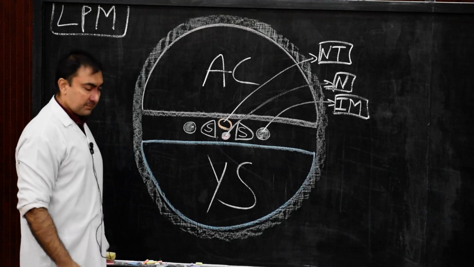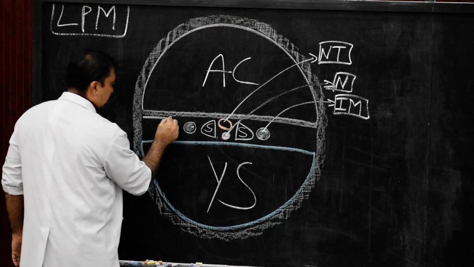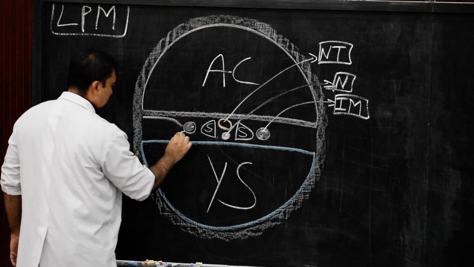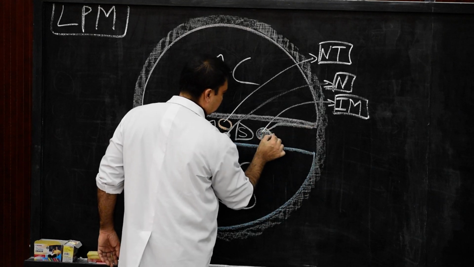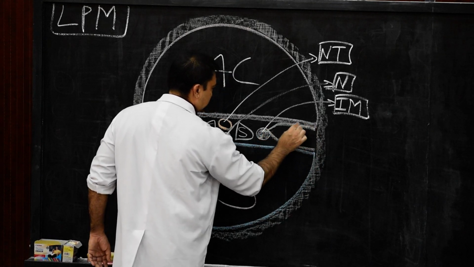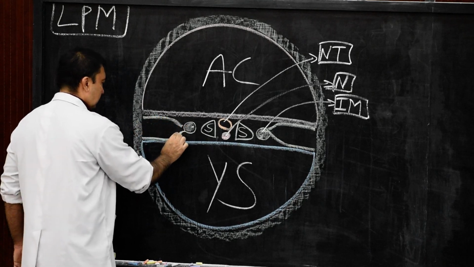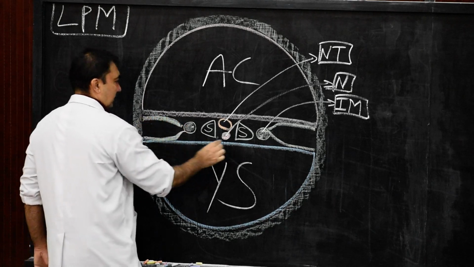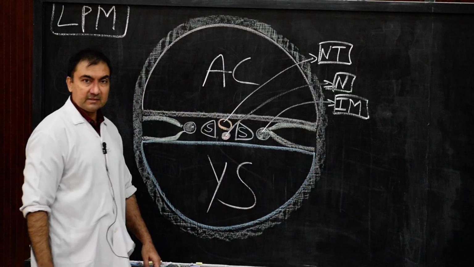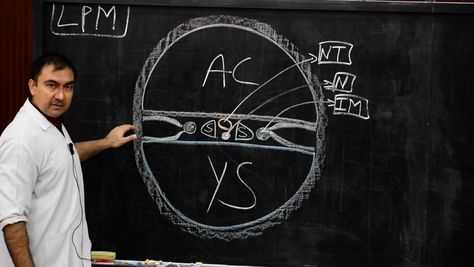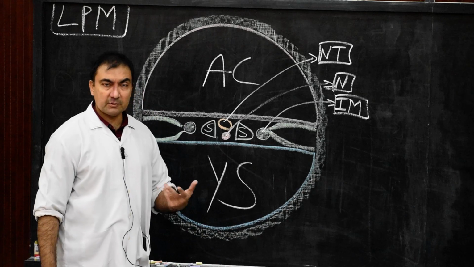Now lateral plate mesoderm. So the entire lateral plate mesoderm, this is how you have to show it. So please show the lateral plate mesoderm in this way, and then we are going to understand. So this is the lateral plate mesoderm here, and in this lateral plate mesoderm, what we have shown is a cavity, and this cavity will communicate on either side with extra embryonic mesoderm. That is what we have shown.